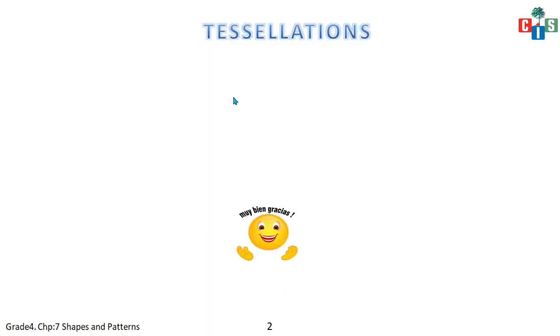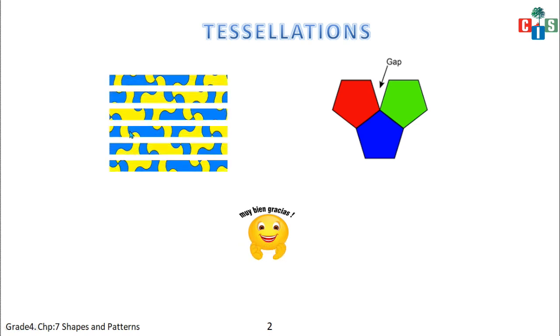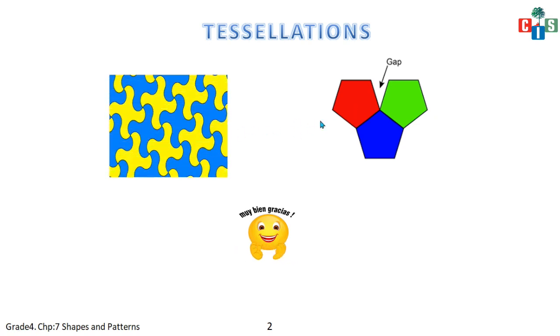Then we saw tessellation. Tessellation means repeating of a pattern which is fitting in each other. There is no overlap and there is no gap. Fine. Now let's see the example of tessellation. Which is the example of tessellation? This is the example or this one is the example? Yes, you are very correct. The left hand side figure is the example of tessellation, whereas the right hand side is having a gap between. So this is not the example of tessellation.